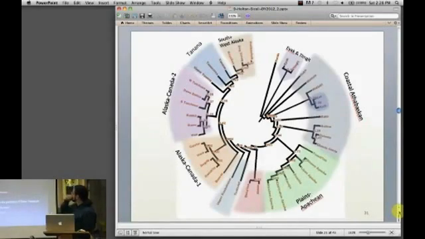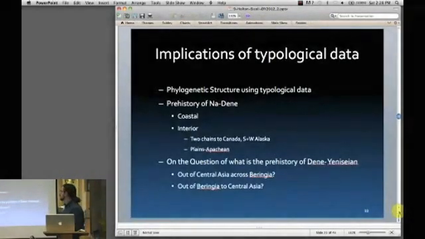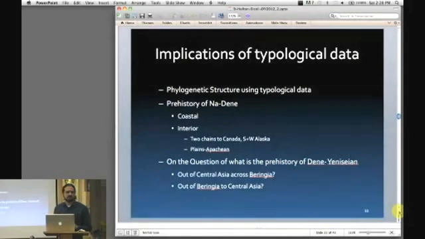So the implications for the typological data. One is that, looking at known groupings, phylogenetic structure is coming out of the typological data. So we're seeing this higher order tree structure in here. For the prehistory of Na-Dene, the coastal languages are in a sense being grouped, including Yeniseian here, suggesting a coastal dispersal hypothesis has some support here. With the interior, we see 2 chains going to Alaska and Canada, and South and West Alaska groupings, and then Plains Apachean stands out